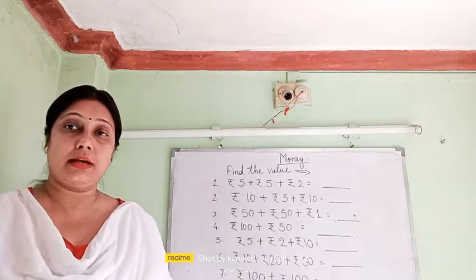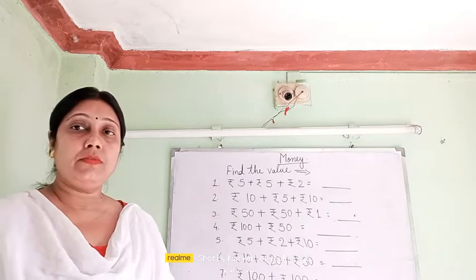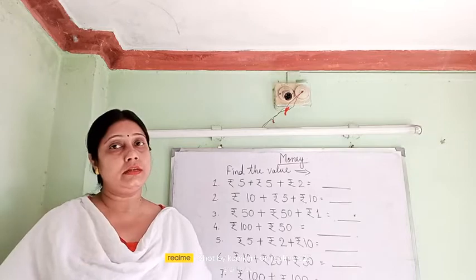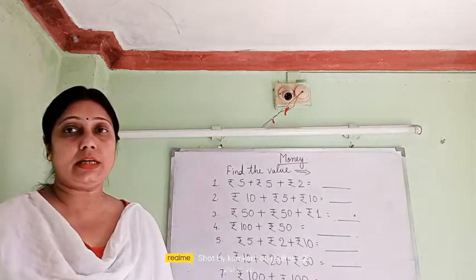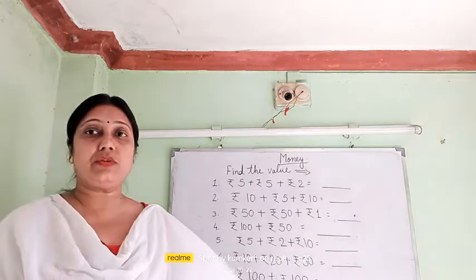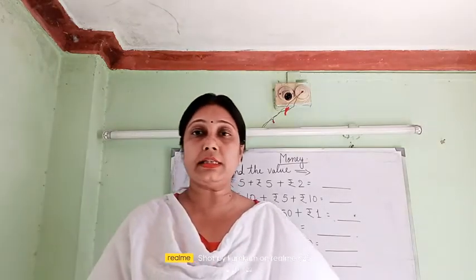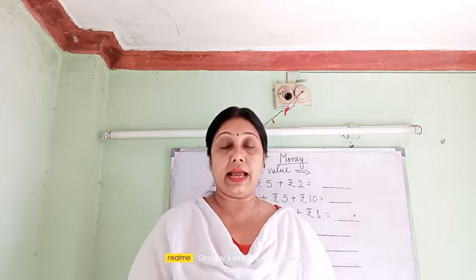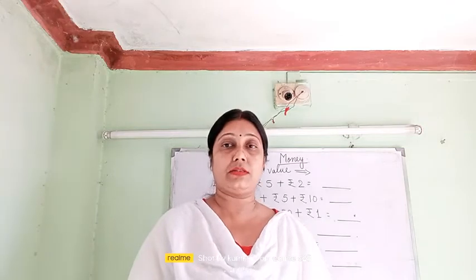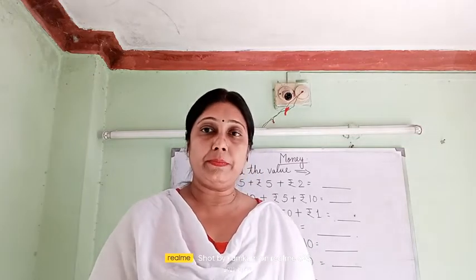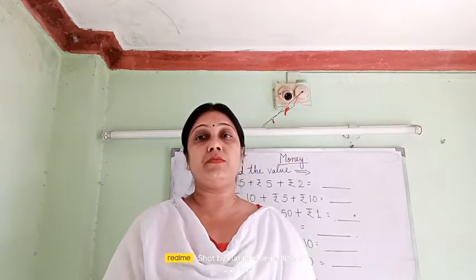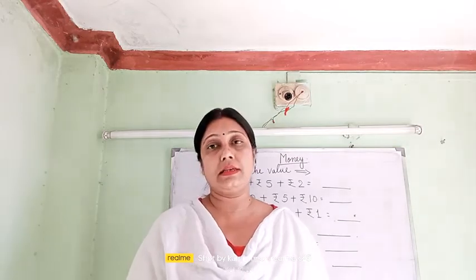Everybody knows addition. Whenever the digits are small, there is no problem, you go on counting forward, because a maximum of 3 digits will be there to add up. But if it is mixed up, like a 3-digit number, a 2-digit number, a 1-digit number, the easy process is that in the rough work you arrange them according to the place value system and then you add it up. And when you are writing the answer, don't forget to put the rupee symbol before the number. Then your answer will be correct.